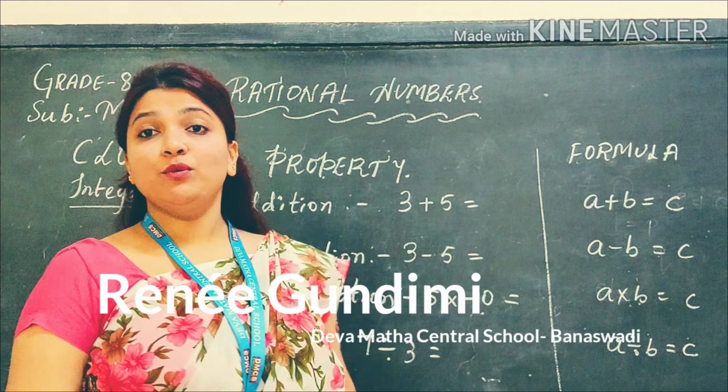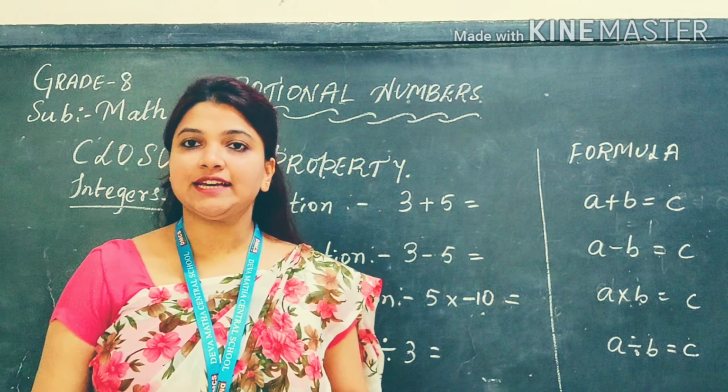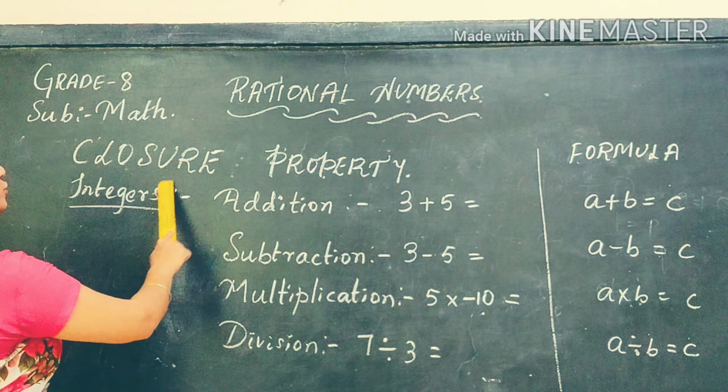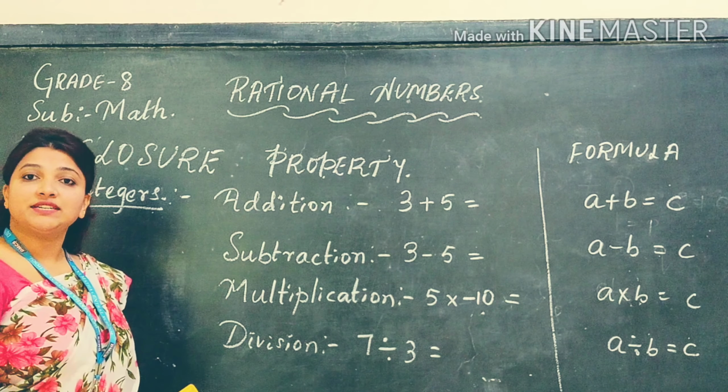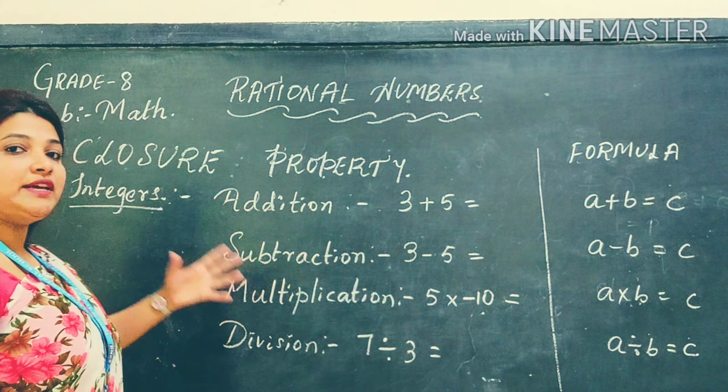Okay students, now we will start with the properties of rational numbers. Alright, so the first property of rational numbers is the closure property. What is it? It is the closure property. Now, closure property is nothing but